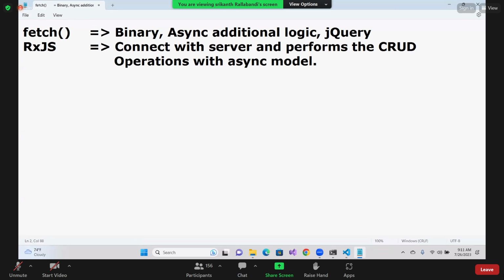Now, RxJS, what it will do, it is mainly having three things. The first one is observable. The second one is subscribe. And the third one is operators. Observable, what it will do is it maintains